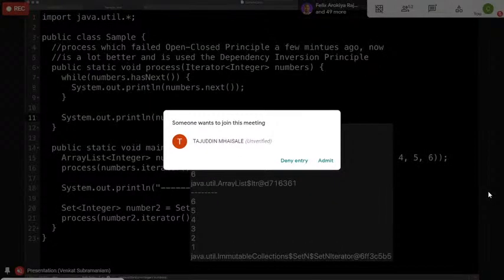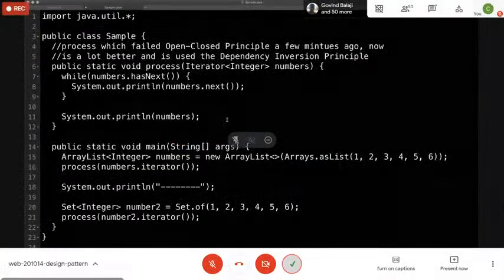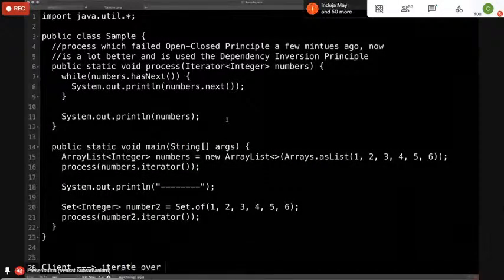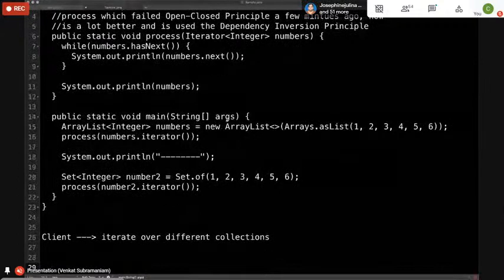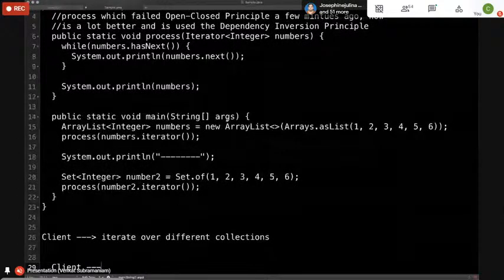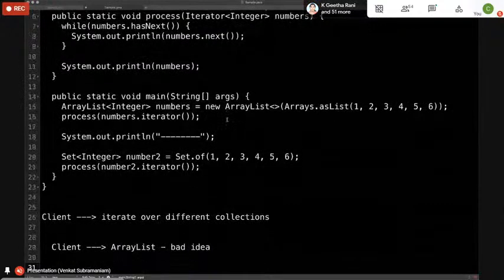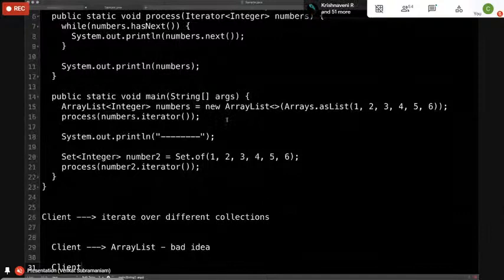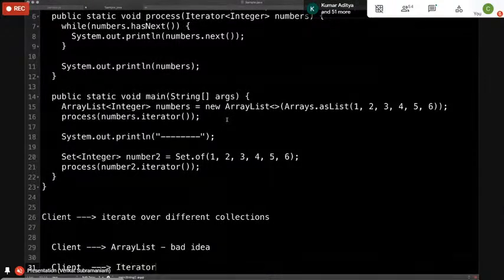But the moral of the story is you have a client. The client wants to iterate over different collections, right? That's what you want to do. Originally, your client was talking to an array list, and this is a bad idea. Now my client, on the other hand, is going to talk to an iterator. What is the iterator?